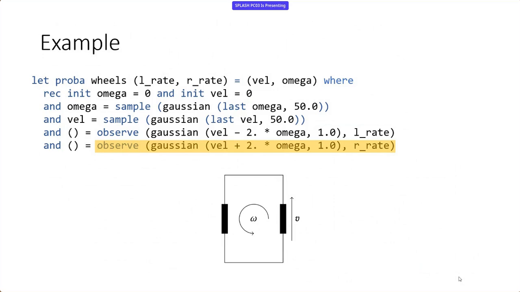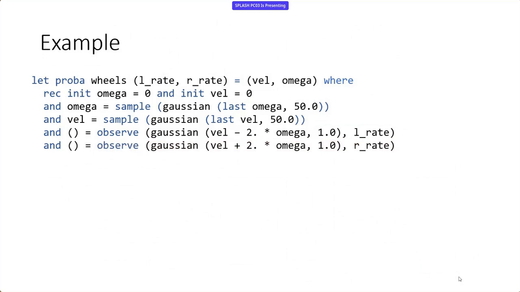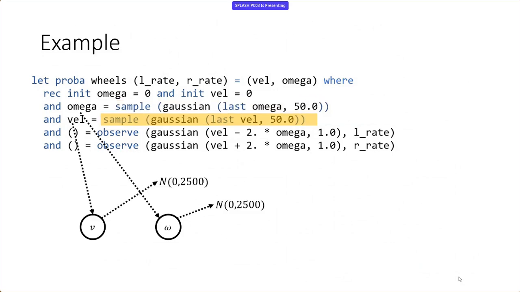I'm now going to explain how this executes under semi-symbolic inference to actually perform the Bayesian inference that we want to do. So, as I alluded to before, when we say sample, we're not actually going to do any sampling. What we're going to do is build up our symbolic state. So we're going to make a new random variable omega that represents the new variable that we're sampling, and it's also going to store the distribution that it was sampled from, in a manner that I think we might hear about in the next talk on symbolic execution. It's just going to build up the expression tree that says what it was sampled from. So vel is entirely identical. And now we're going to get to this observe statement.